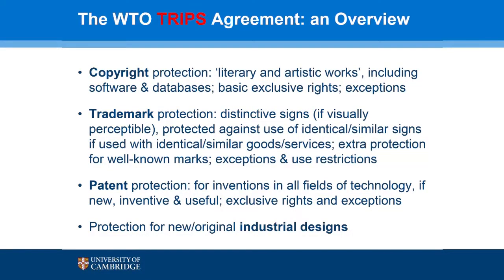So just a few words on the standards in the three main areas, copyright, trademark, and patent in particular. Copyright protection under TRIPS, in particular combined with the standards under the Berne Convention, which is, as I said, essentially part of the WTO law as well, in the broadest sense covers any sort of literary and artistic works. They do include explicitly software, computer programs, and databases which must be protected under copyright.